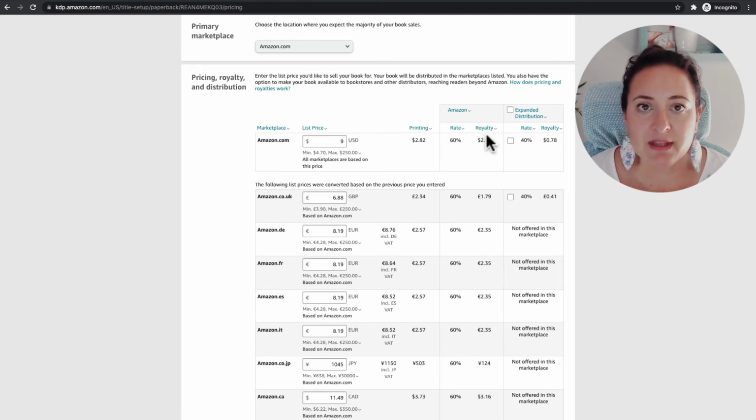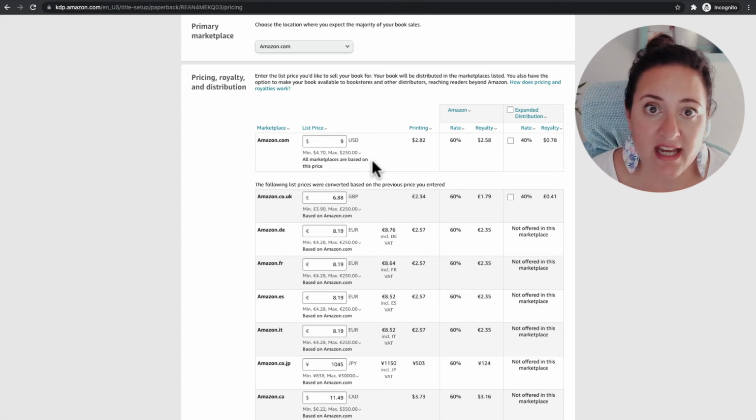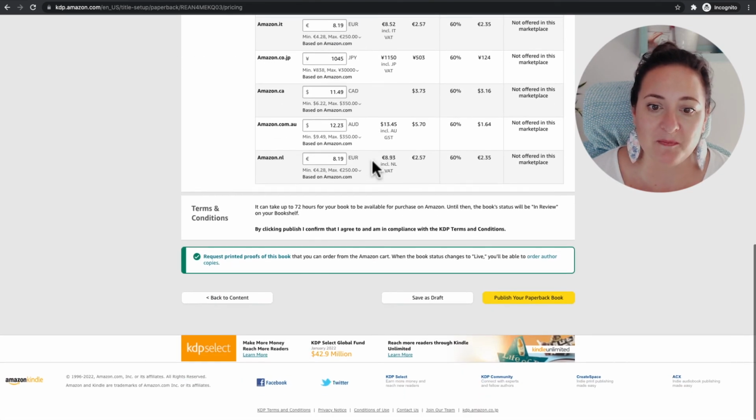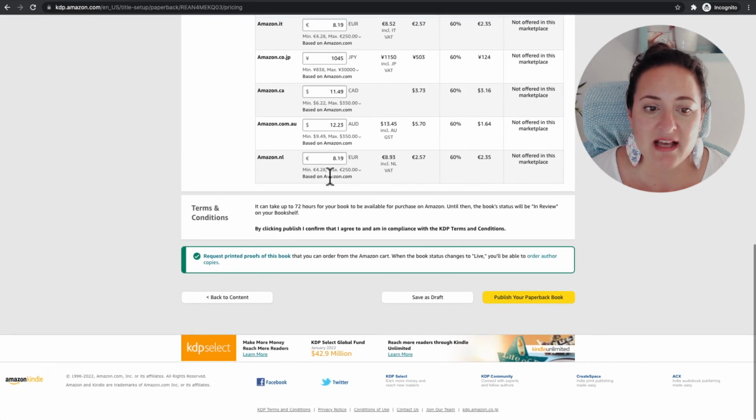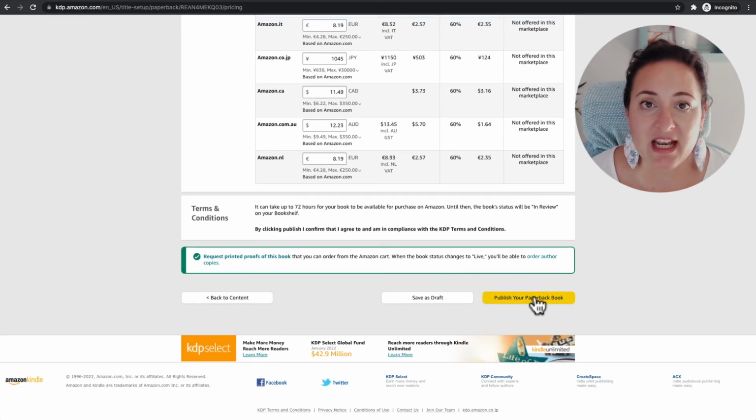So you can see with this book, every time I sell a copy, I will make $2.58 if I'm selling it for $9. So you're making a little bit under a third of the price of whatever you're marketing your book for, which is not bad for, as you can see, about, I don't know, what has it taken us, about 10 minutes or 20 minutes to upload this book to Amazon. Okay, so that's the last step. You're going to go ahead and set your price, and then you're going to go ahead and click on publish